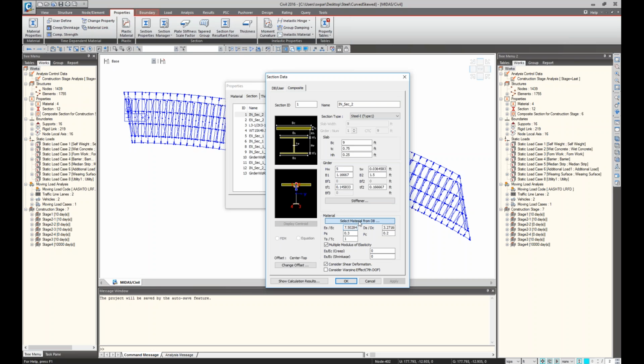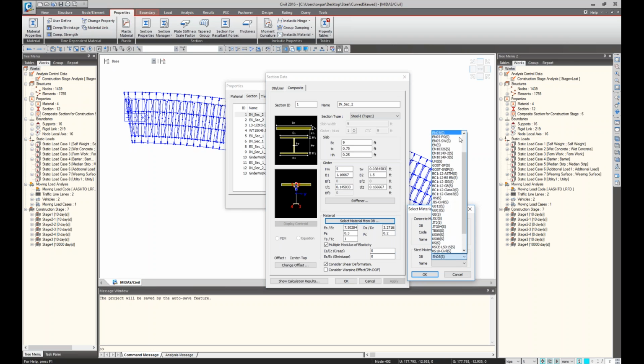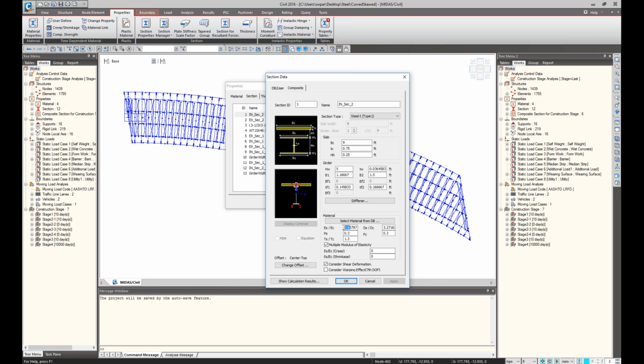once you click select material from DB, you can see the concrete material, and I just select the deck portion's material property and section for the girder. If I just use this one and click OK, you can see those values are automatically calculated here. Then you can enter, for example, a 3M modular ratio of 24 here. And when the program goes through the constructability,